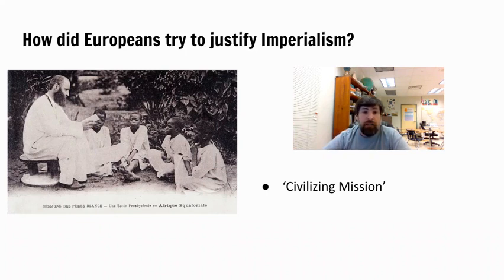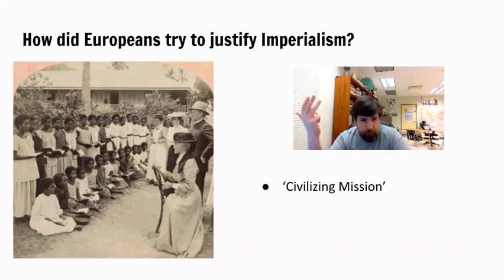Like this French monk is teaching Christianity to these African boys in Central Africa. Here you can see a school set up in Papua New Guinea by some Europeans who are educating these local Papua New Guineans, dressing them up in European style clothing because that's how you be civilized. You got to wear European clothes. You got to learn the European language. And they're teaching them some skills, but they're also teaching them to be more European.